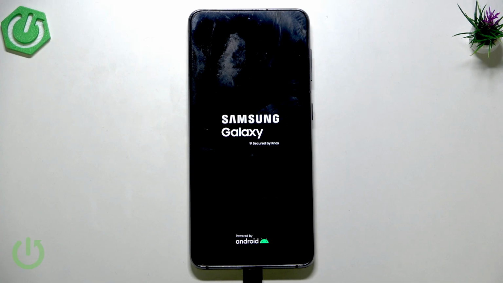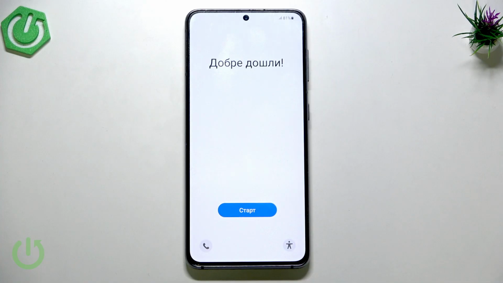Now we have to wait further and further. And now I will skip this whole process. I will show you the phone with the hello welcome screen. Now, as you can see, here we do have our phone factory reset. But you have to remember that this is only the halfway point to installing the custom ROM on your phone. It's because now you have to do this whole setup procedure, and then we have to do a couple of things more